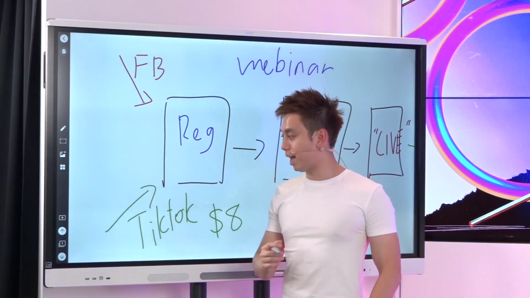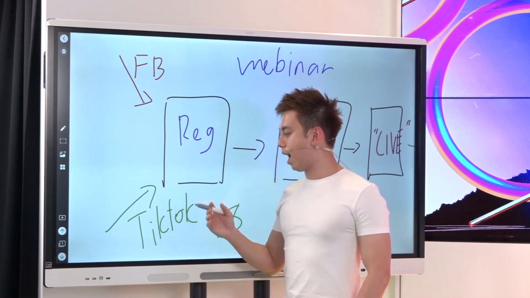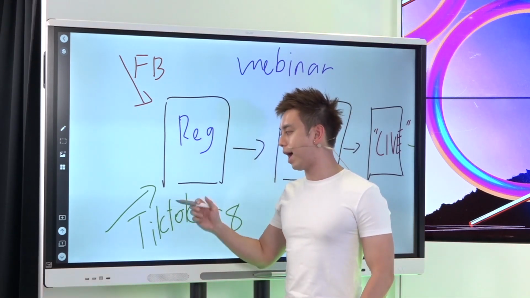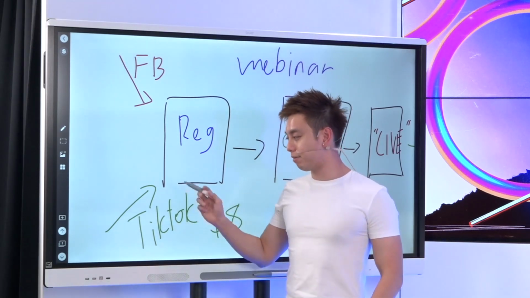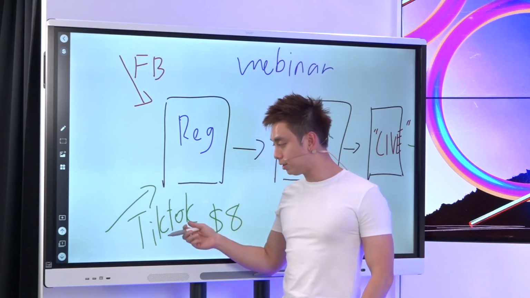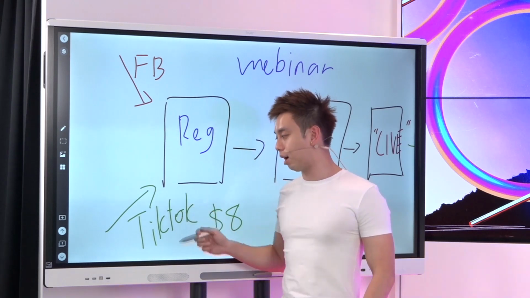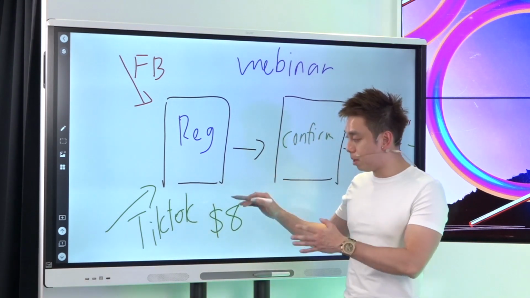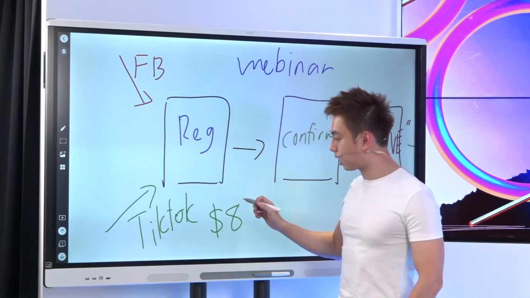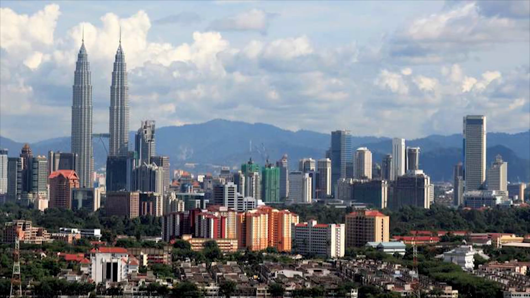So that means that if I wanted to target the people in Singapore, I had to open a TikTok ads account that's based in Singapore and only target Singaporeans. It means that if I wanted to target the people that are based in the US, I need to open a TikTok ad account that's based in the US to target people in the US. Okay, so for the purpose of this example over here, because this account is based in Malaysia, I can only